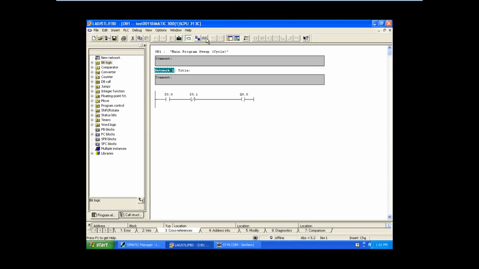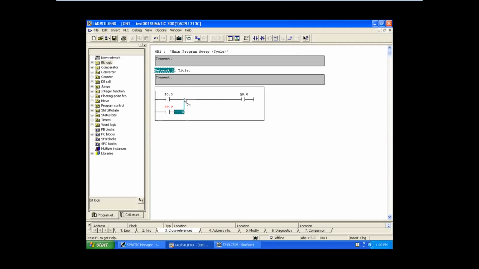Imagine your I 0.0 is a push button. Even if you turn it off, how do we make this output continuously on? We are going to introduce a parallel contact, parallel to your input, like this.